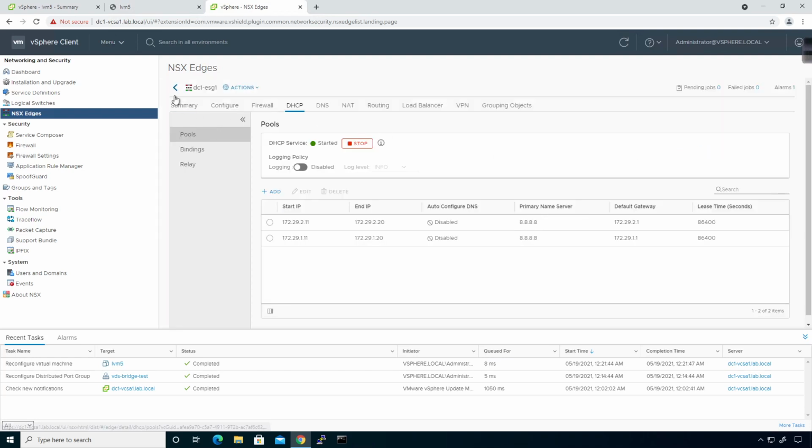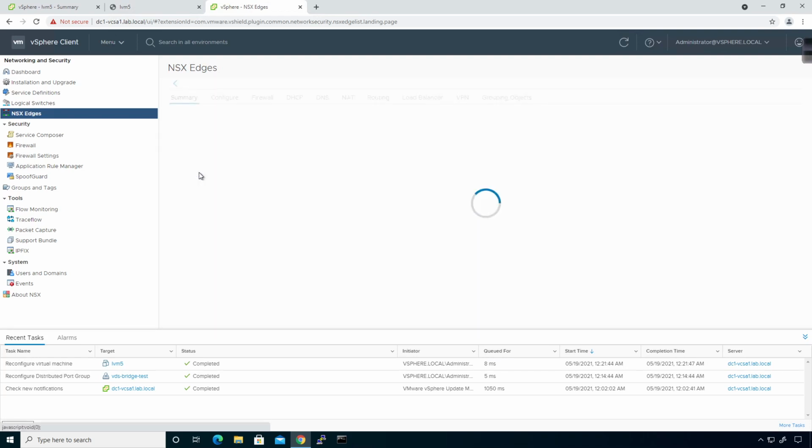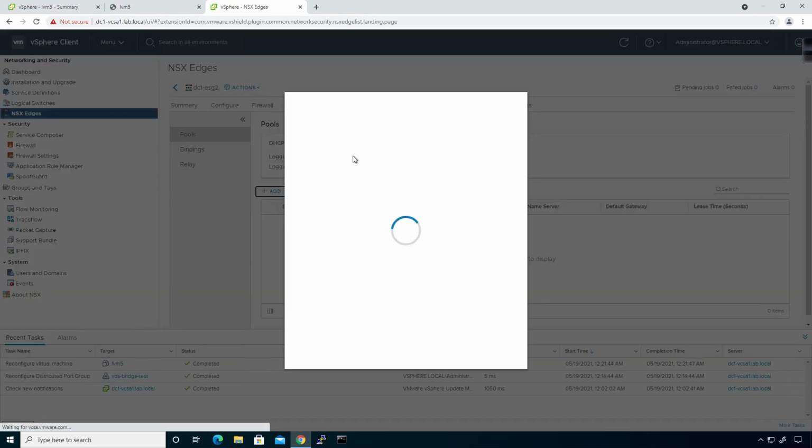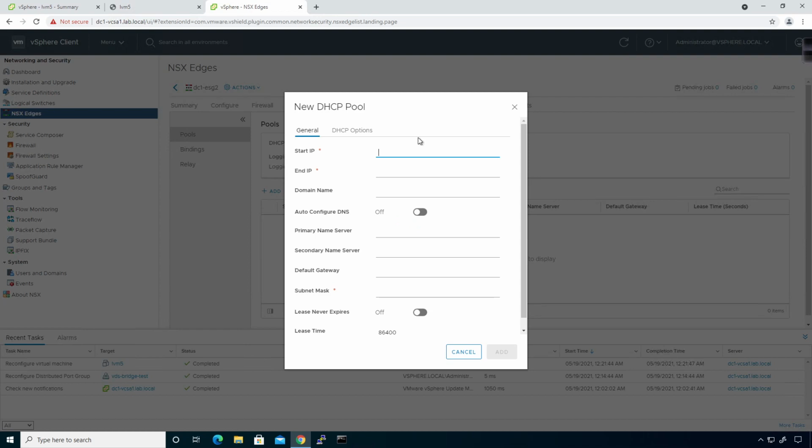So now that's good to go. I'm going to go back and do the same thing on Edge 4. Edge 4 DHCP. I'm going to go ahead and create a pool. Same thing. I'm going to type in 172.29.1.11,